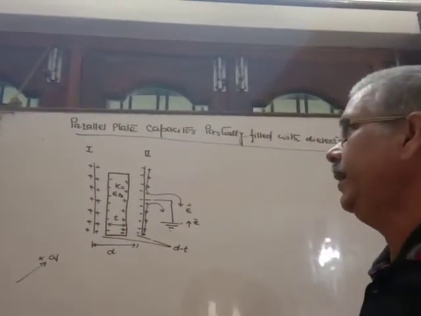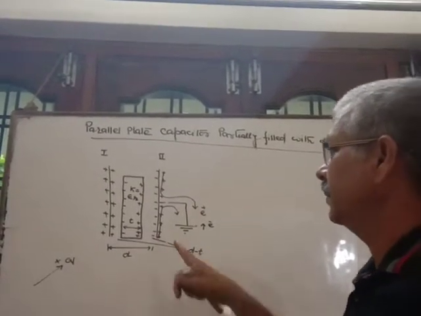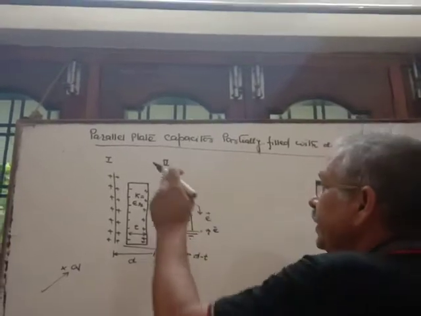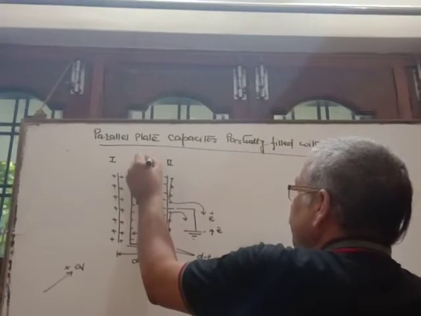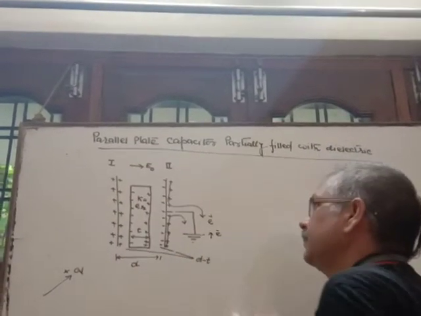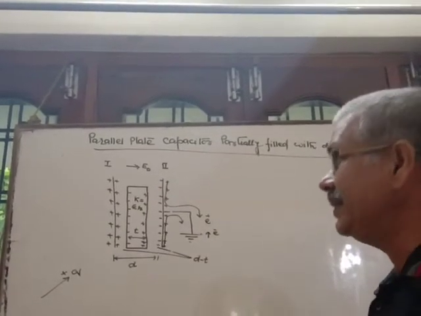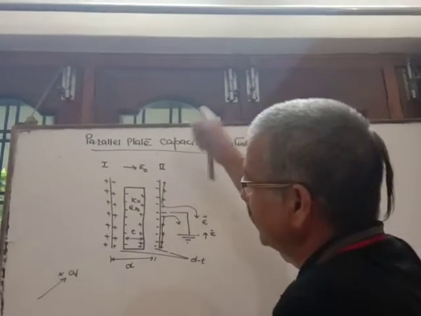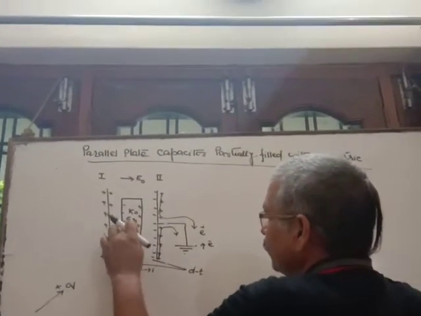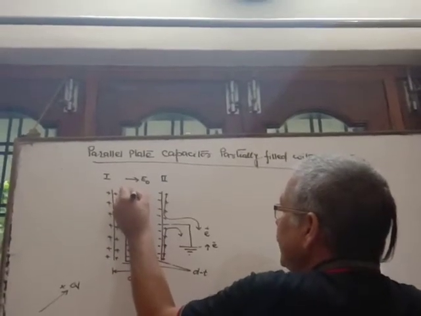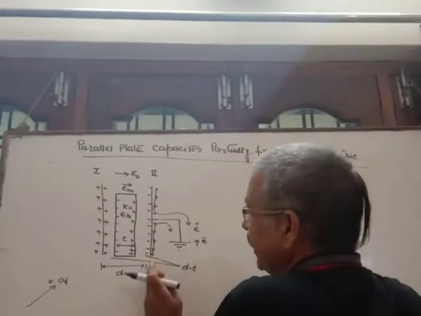See, it's a very important point. The direction of the electric field which is produced in between the condenser by the positive and negative plate is from the first plate to the second. This is the direction of the electric field which is produced in between the plates. But one more electric field is developed inside the dielectric, and see here, the direction of that electric field is from the positive side of the dielectric to the negative. So this is the direction of the electric field. Suppose it is EM, and its direction is from negative to positive.